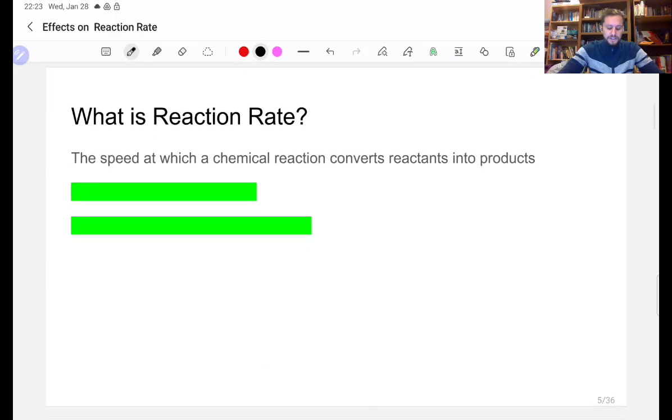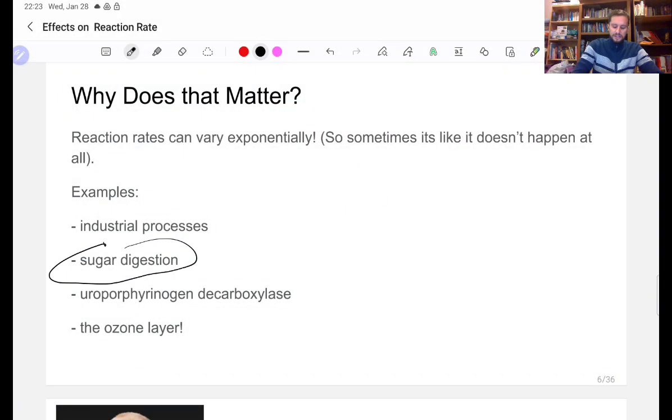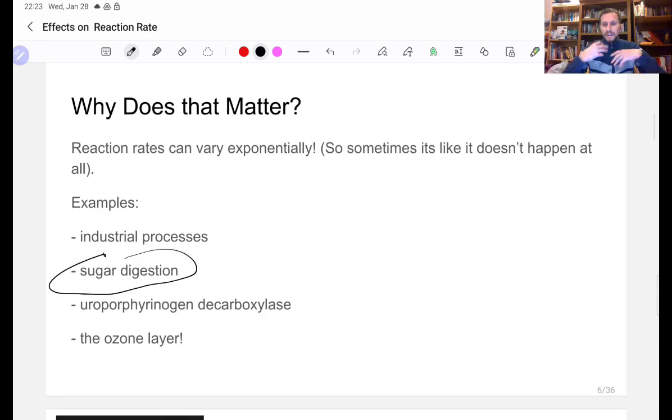So reaction rate is the speed at which a chemical reaction converts reactants into products. And reaction rates vary exponentially. So sometimes it's like it doesn't happen at all. For example, industrial processes, sugar digestion, these are examples. This is technically like the sugar, when you digest it in your body, technically without all the enzymes in your body that speed the process up, technically that process is still